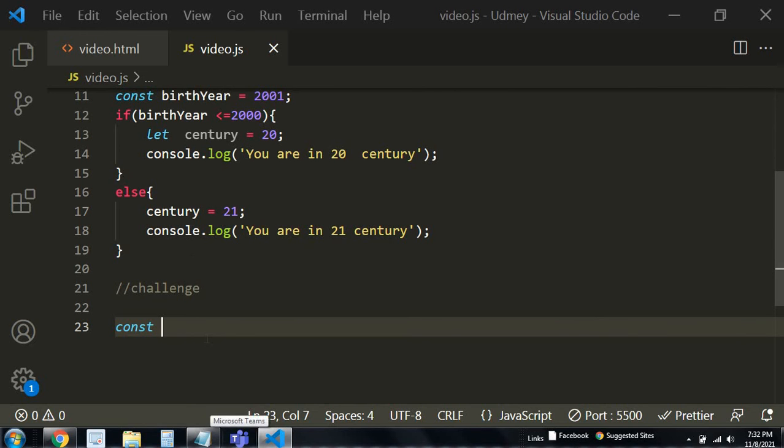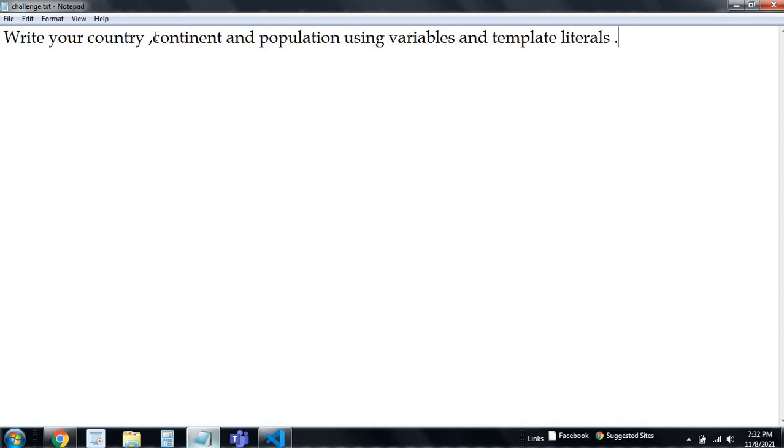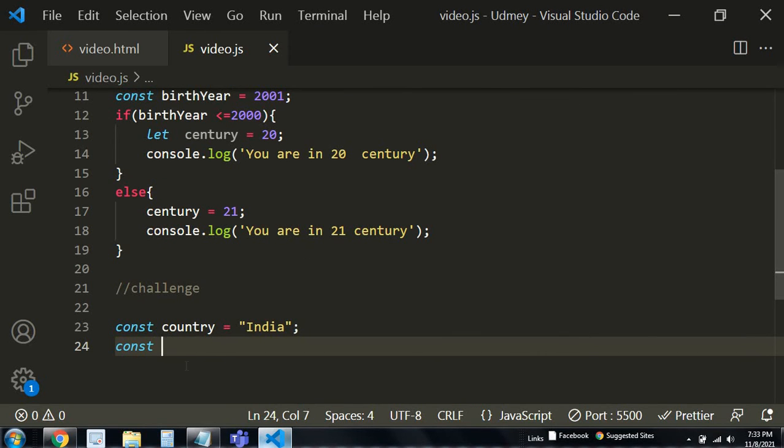So here first of all, const country. Suppose the country is India. For me it's India, you can write your country from anywhere you are. Then continent, the continent is Asia.